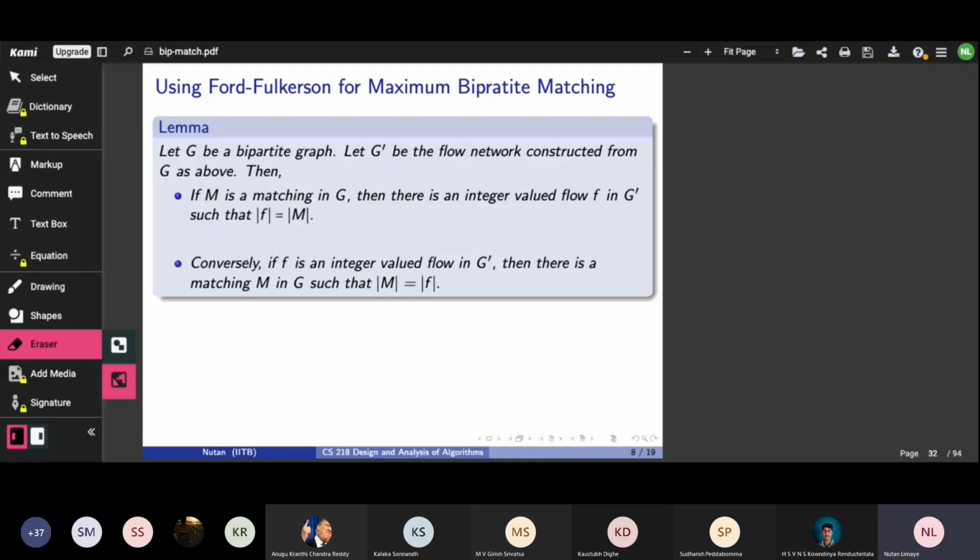So we need to prove both these things, and if we are able to do that, then basically what we have done is solve the maximum matching problem using the max flow min cut. The max flow, the solution for the max flow problem in the graph. In order to prove these statements, we will end up appealing to the max flow min cut theorem as well. But here the reduction is just to the maximum flow problem.